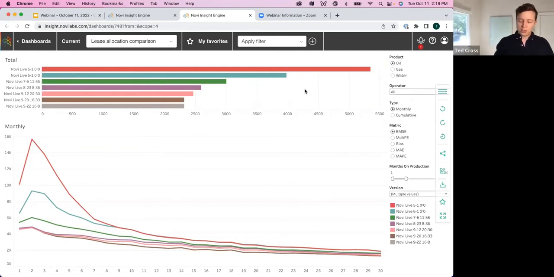What we're doing is we take the production at the lease level, we split it out into the well level, and then we take our estimate of the well level production and compare it to the actual data that we have from the operator. So it's a pretty powerful way of looking at it. Each of the different colored bars and colored lines you see here is a release that we've had for our production allocation.